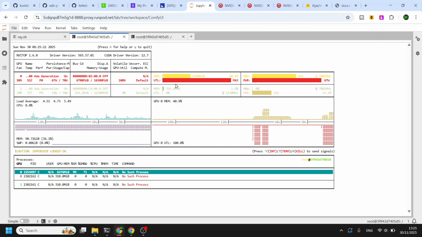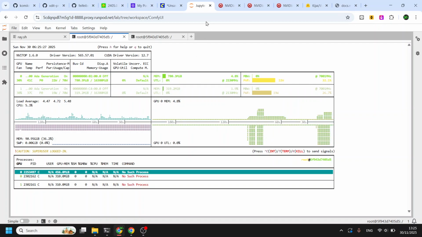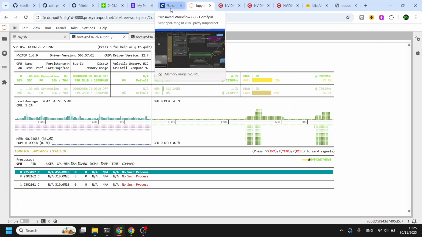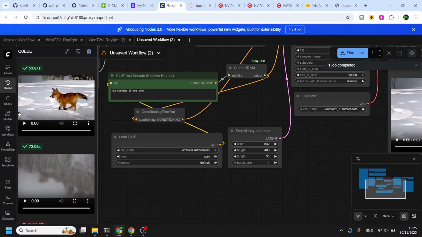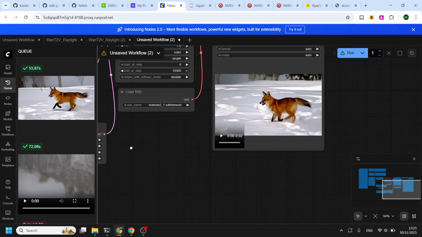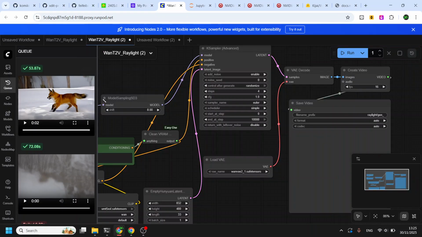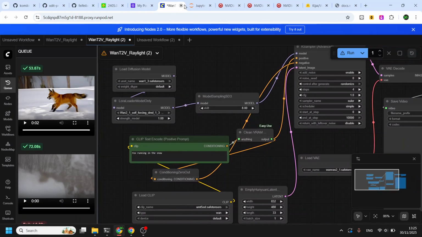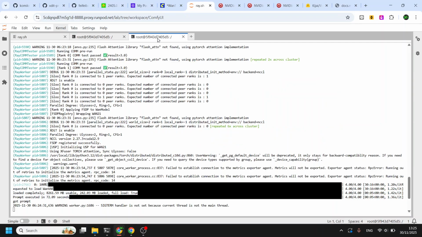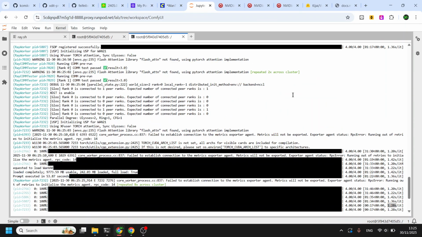So as you can see, before that, two of the GPUs are being fully used and fully loaded with one model. And this is the example, it took 1.28 seconds per iteration.